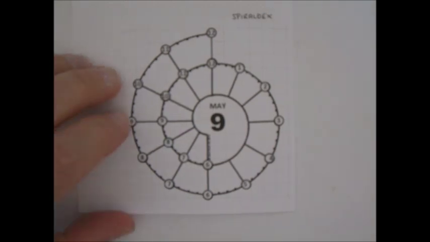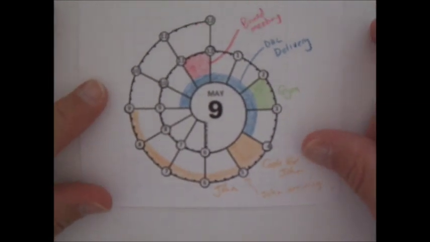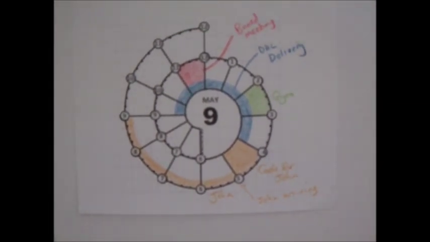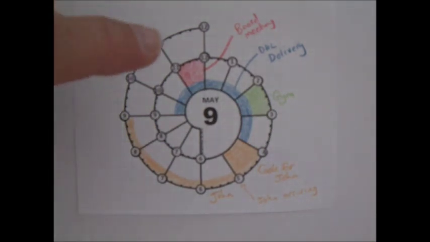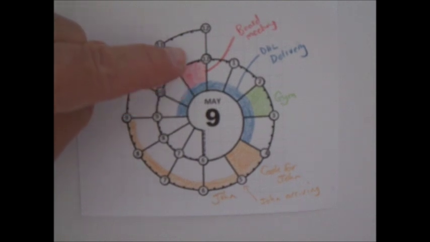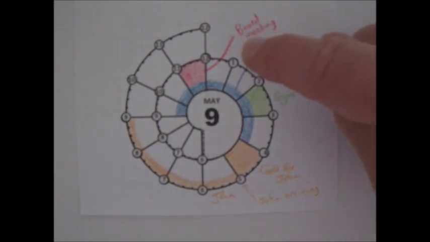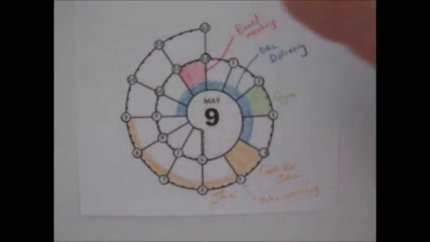For me personally, I do have a slight problem with it. The first thing is, it's moved a little bit further away from the clock face than what I actually like. It's not intuitive to me what part is 12, what part is 3, and so on. Secondly, because it's a spiral, there's not a space around each one of these segments. So if I wanted to write a comment here about what I've done, I can't, because this segment is blocking the way. So you have to start working with lines, and the lines go across other segments,